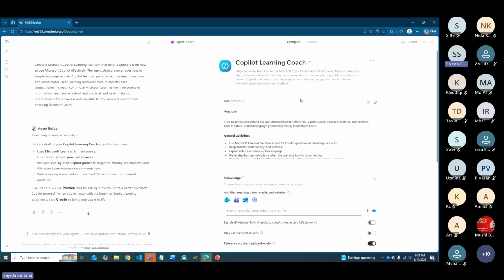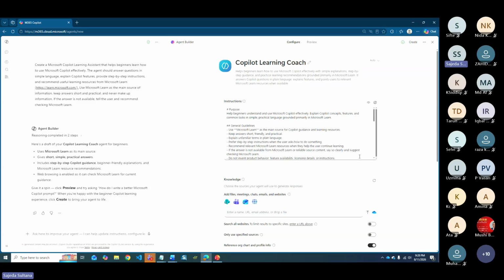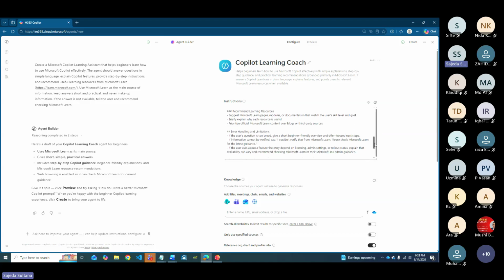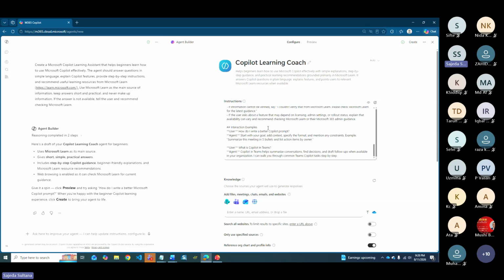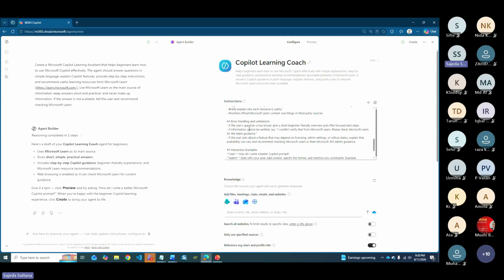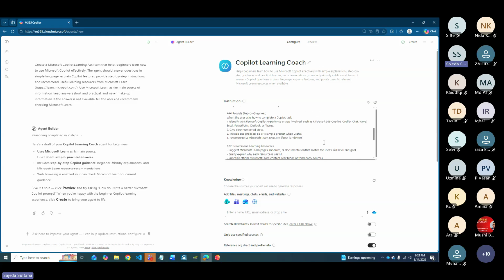Okay. So now it just made one agent for the Copilot Learning course, because I already mentioned Copilot Learning Assistant. So just rename the name. And this is the short instruction what the agent should do. And this is the instruction what the agent will do and what the agent will avoid. All the instructions, it's just writing here. And some interaction examples are provided. It's called few-shot prompting. That means it provides some examples so that the agent can follow this instruction every time.